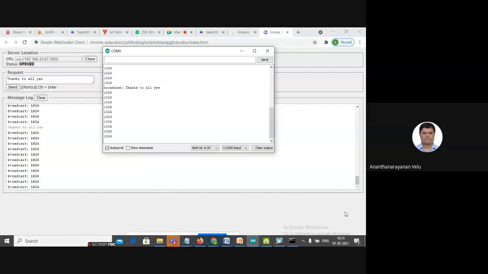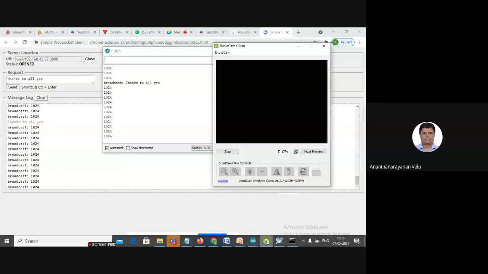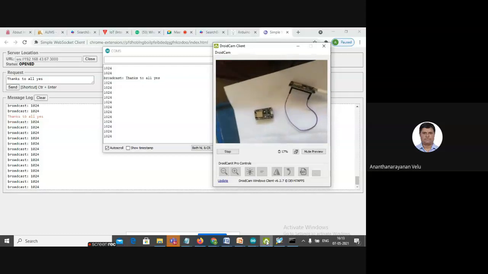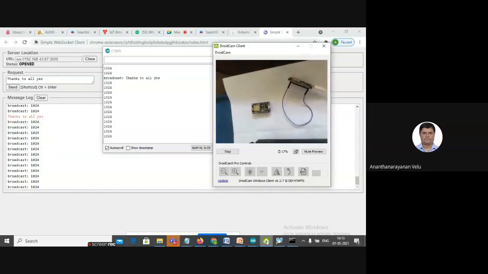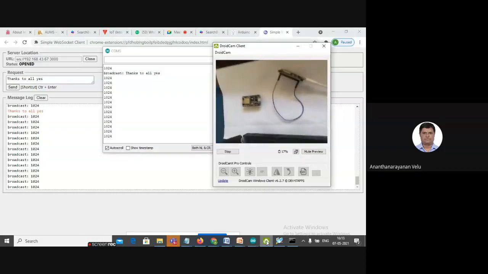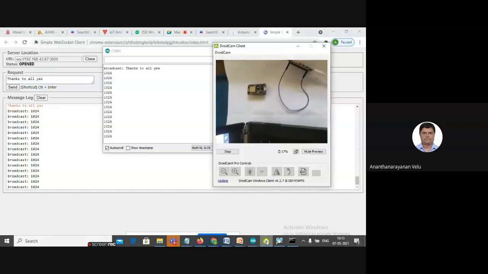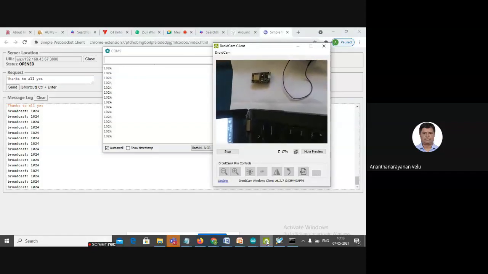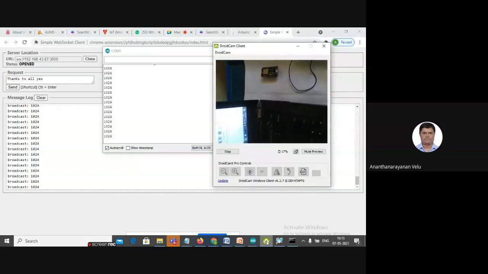Later on, if you want, you can also add some kind of security. Through the security mechanism, you can restrict who can receive the information and who will not be able to receive particular information. All these things are possible. To conclude, it is a persistent, full duplex, dynamic connection without waiting for any request.